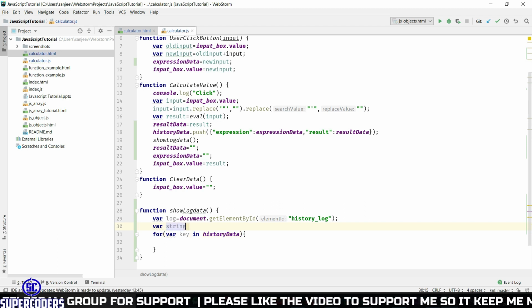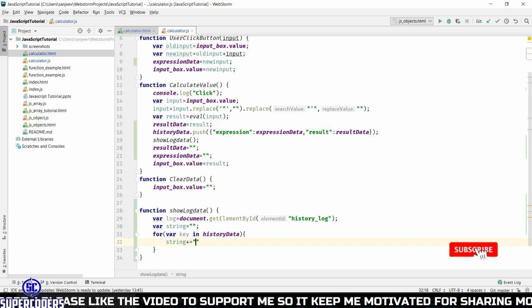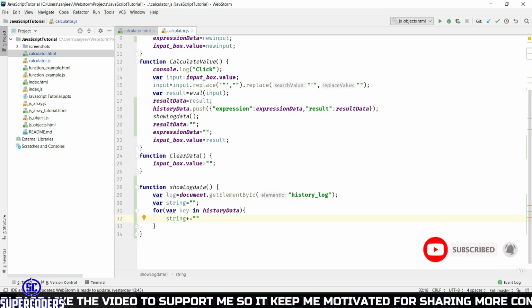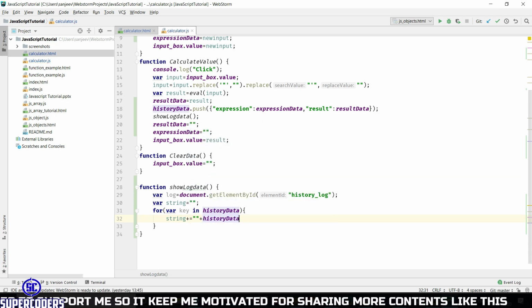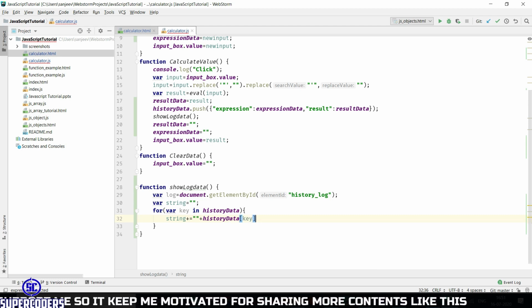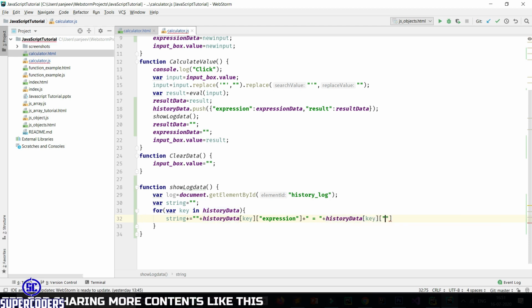So var string equal to blank, then string plus equal to, so here adding expression, so history data first, then key, then expression equal to history data key, then result.